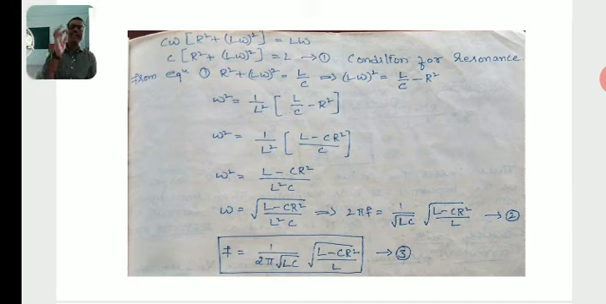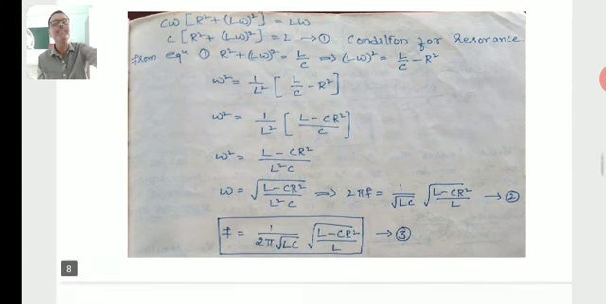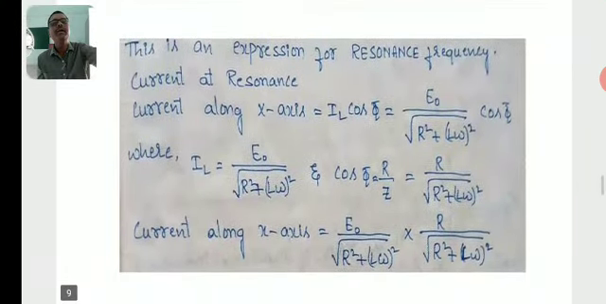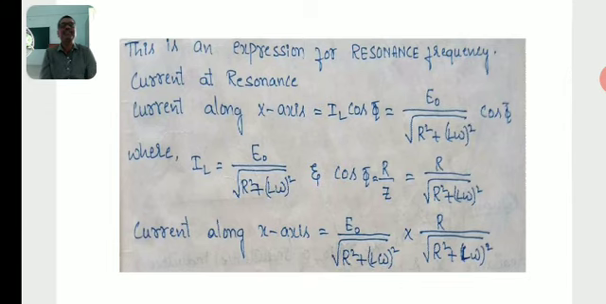That means when the inductor and resistor are connected in series, and the capacitor is connected in parallel with that combination. This is an expression for resonance frequency, current and resonance